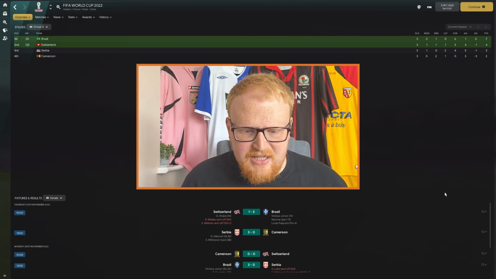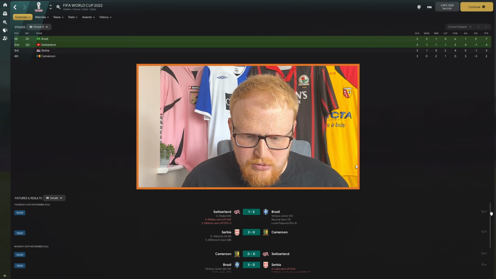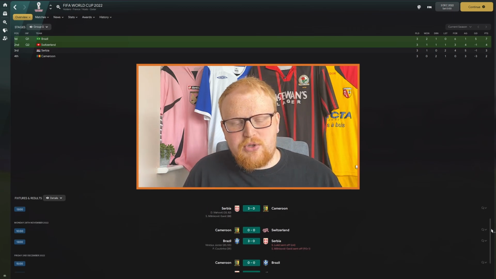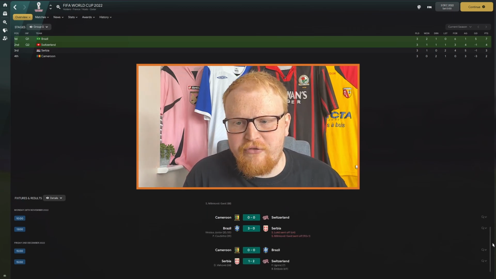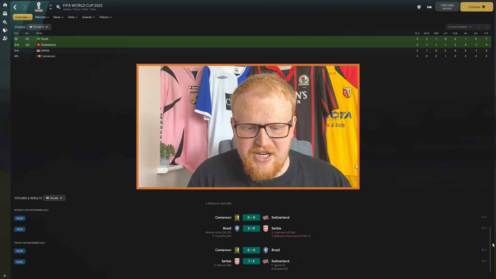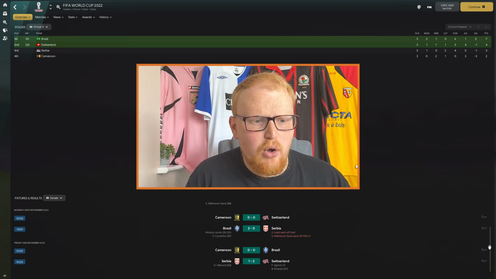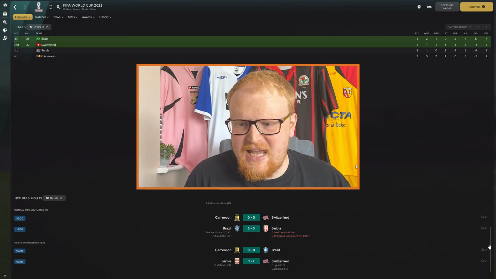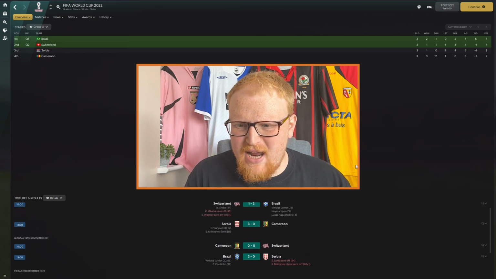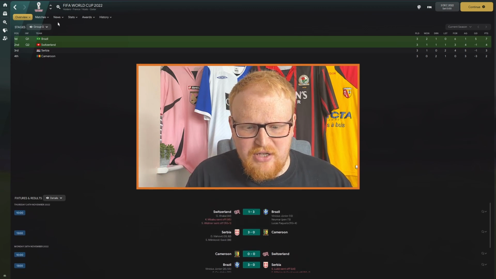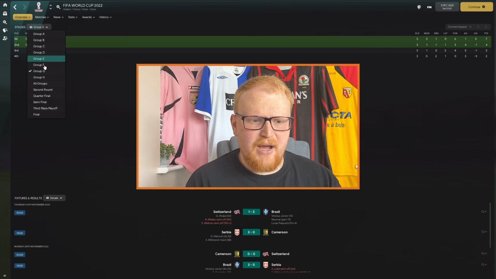Well, I say relative ease, they drew. Who did they draw to? They beat Serbia, they beat Switzerland, so they drew to Cameroon on the final day, but it was not enough for Cameroon to go through. Switzerland edging it with victory over Serbia to put them through as second place in the group. Brazil not really lighting it up though. Only 2 victories out of 3 games. They could have got full maximum points here.